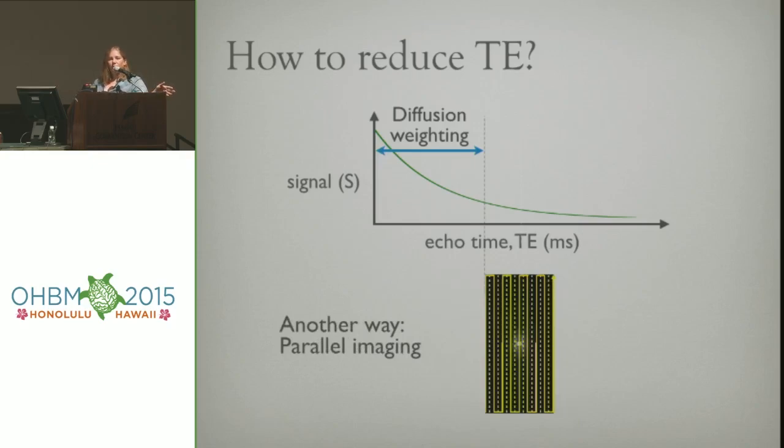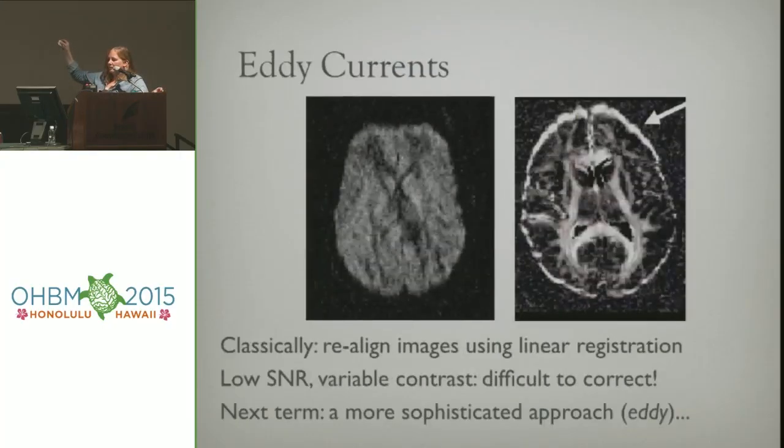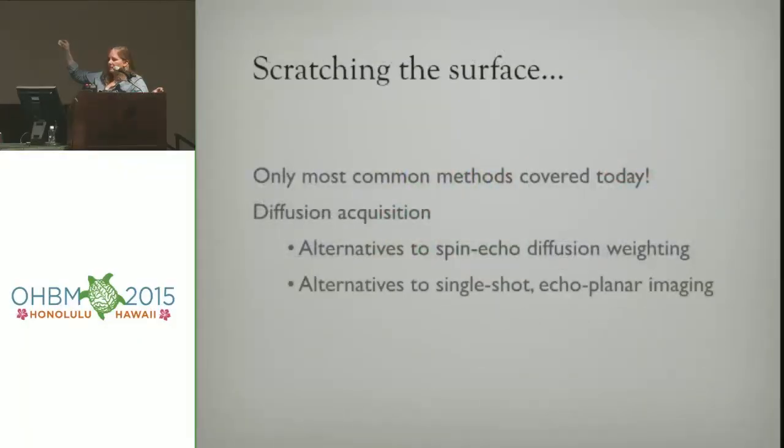So I talked about that as a way of reducing distortion. It can also reduce the echo time, although in effect this is a much more subtle balance because there are more SNR implications associated with that. Okay, so with that, I'm not going to actually talk about eddy currents. I am just going to end by saying,